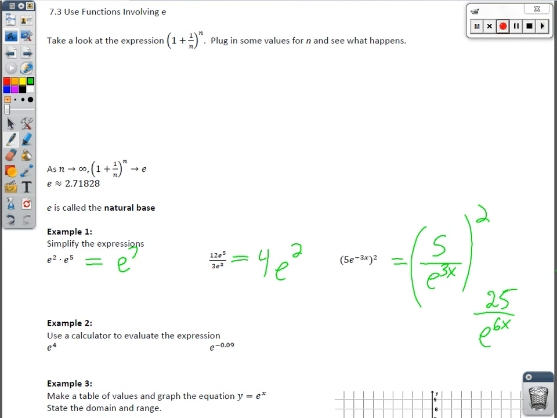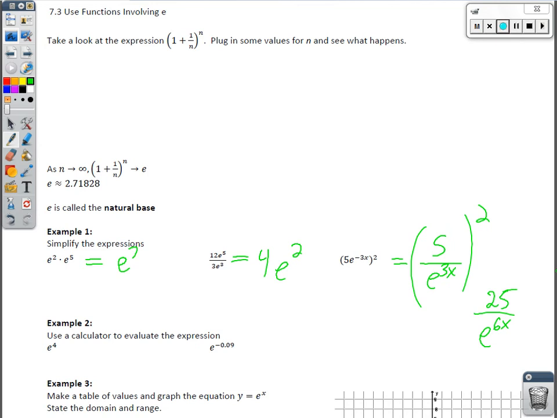Now let's use a calculator to figure this out. Most calculators have this e. If you have a scientific calculator or a graphing calculator, it definitely will. If you have the TI-30X, it's going to be two buttons down from the second button, right above the one that says LN. It's that same button. If you have a TI-83 or 84, one of those graphing calculators, it's 2nd up